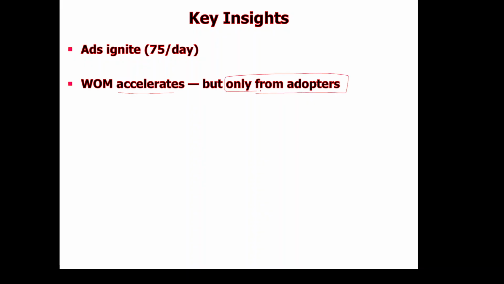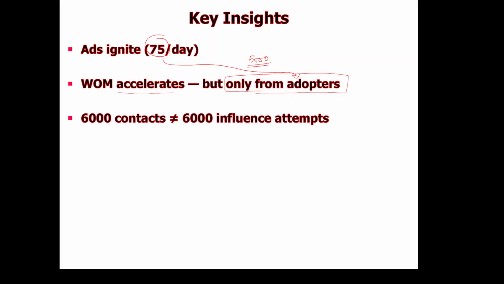Though we had like 5,000 initial consumers, only 75 were the adopters. So these 75 adopters were able to exert an influence, or initiate word of mouth. And remember that 6,000 contacts, if you multiply 5,000 by 1.2, we have 6,000,